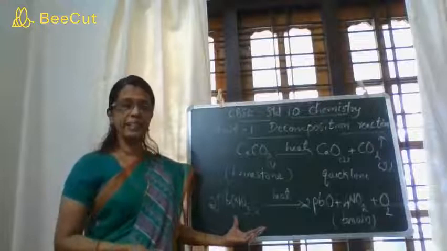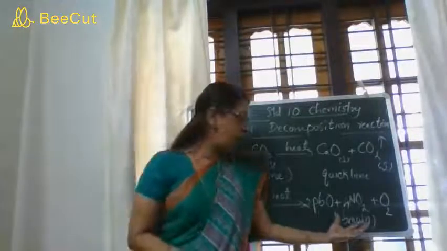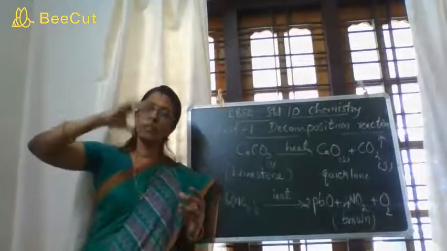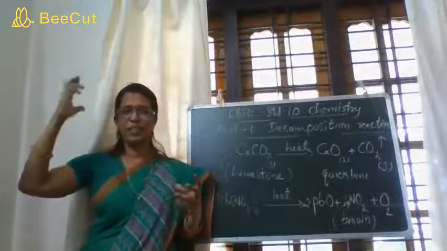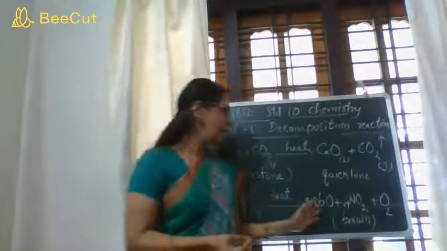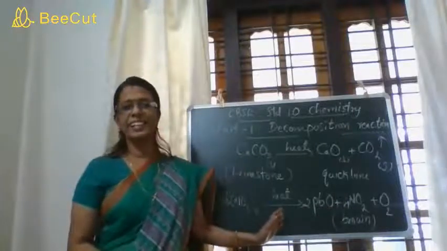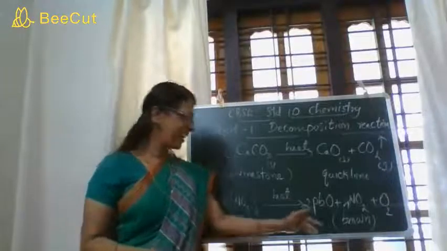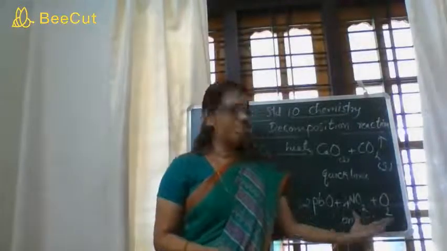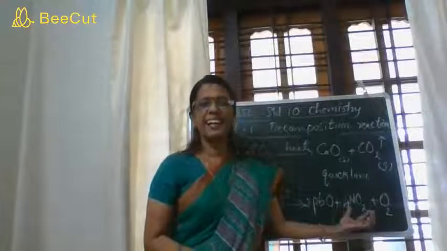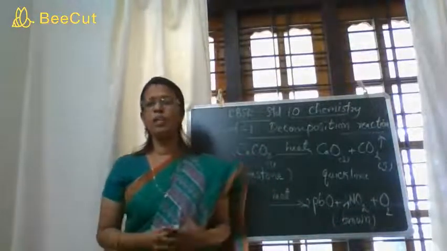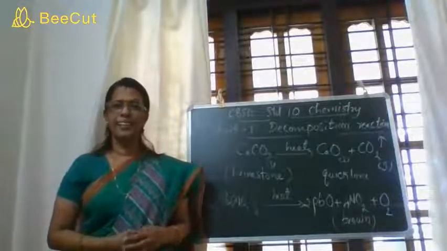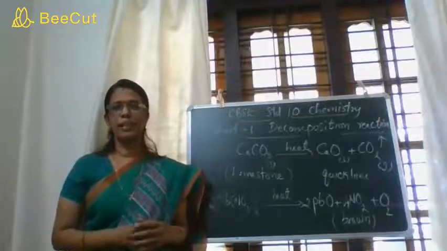When lead nitrate crystals are heated, you can see the evolution of nitrogen dioxide, which is a brown gas. Brown colored fumes are evolving from the mouth of the test tube. What is the reason for that? Because this is a thermal decomposition. Thermal decomposition of lead nitrate gives three components. One of the components is nitrogen dioxide, which has a brown color. That is why we can see the brown evolution of gases from the boiling tube in which we are heating